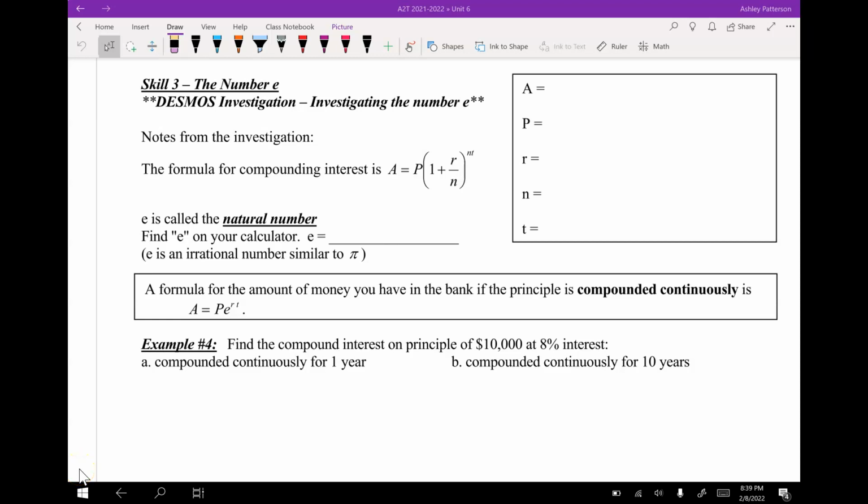We're on to skill 3. Hopefully, after the 4 slides on the Desmos investigation, we now know that E is approximately... that always bothers me that it's not an approximation symbol. So go ahead, if you have the printed out notes, and fix that to an approximation. That E is approximately